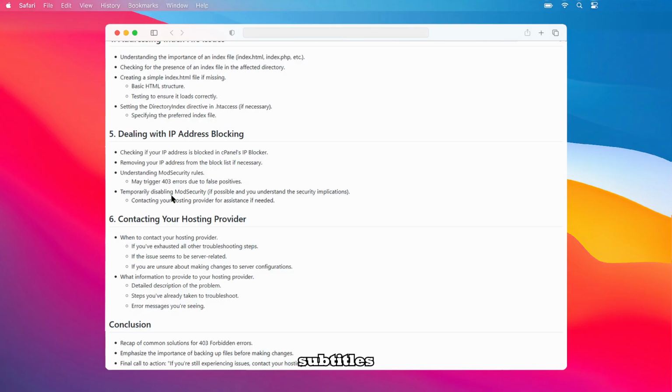Conclusion: we've recapped common solutions for 403 forbidden errors. Remember to back up files before making changes. If you're still experiencing issues, contact your hosting